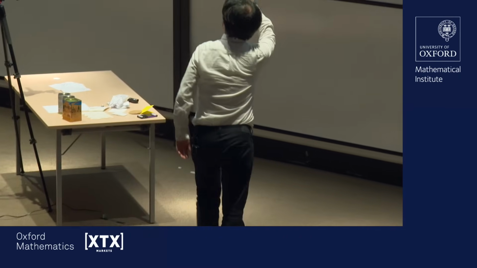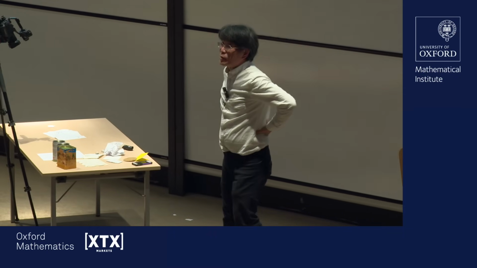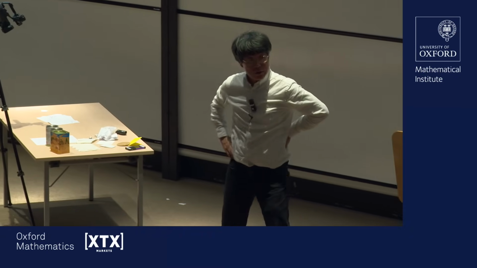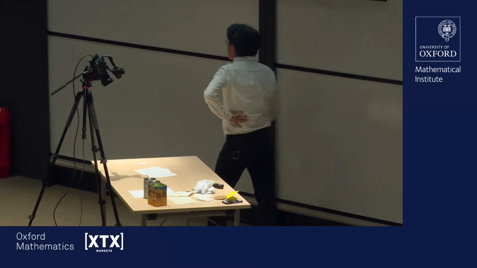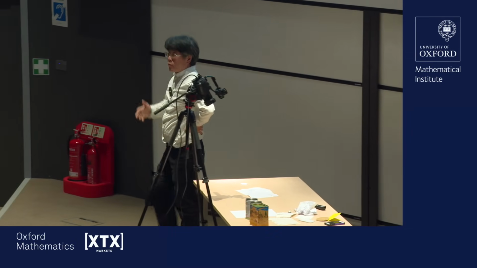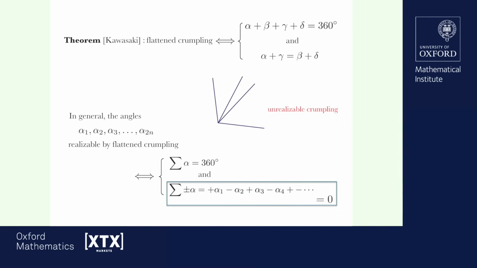That condition for 4 angles can be written like that too. You could write it as alpha minus beta plus gamma minus delta equals 0. And that's necessary and sufficient. Now, what I mean is that if, for example, Professor Hitching gives me those angles, some real numbers, positive real numbers, and if they add up to 360 degrees,